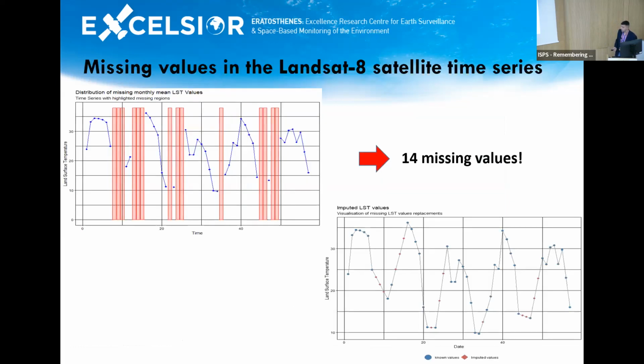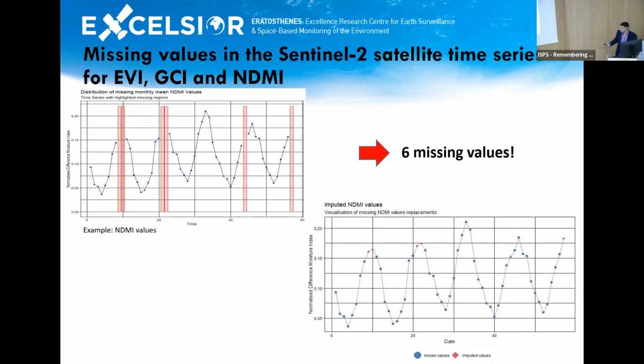For the Landsat-8 satellite images, I had 14 missing values, which I will fill, as we can see here. And for the Sentinel-2, we had 6 missing values. This is an example of NDMI. In order to select the most appropriate method to fill the gaps from 2 imputation methods,